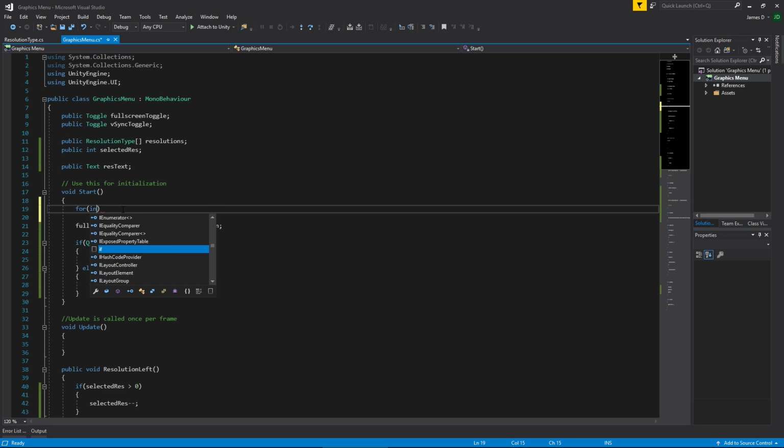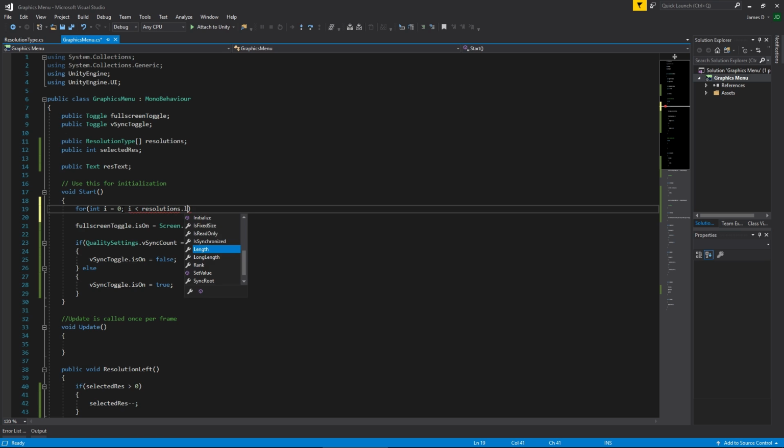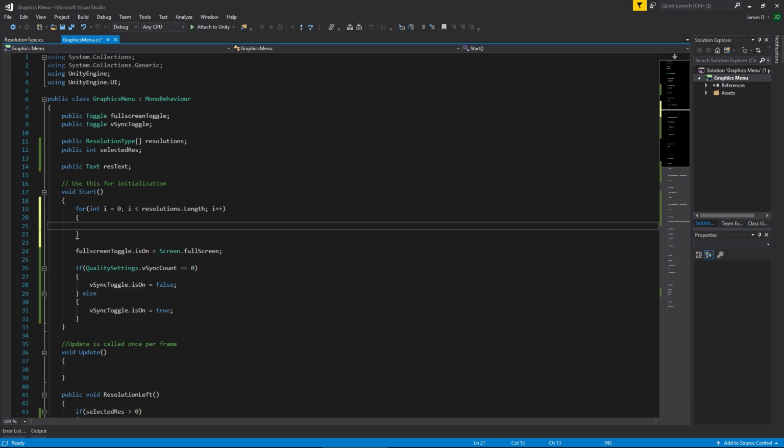So for int i equals 0, while i is less than resolutions.length, i plus plus, and then we say in here, if the resolutions array at position i, starting at 0 going up to the length of the resolutions, if the width of that is equal to screen.width, so screen.width is whatever screen resolution we've set up, and